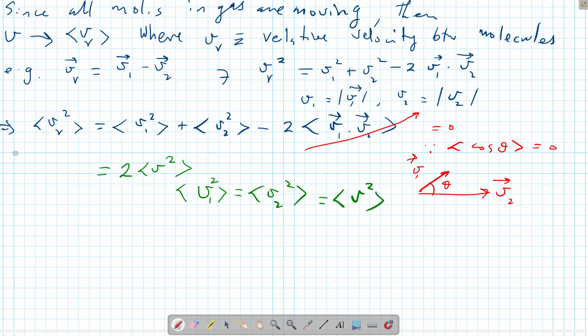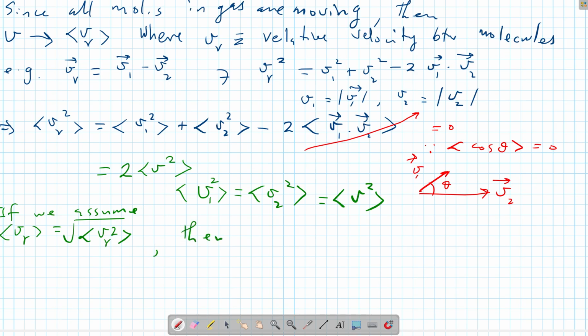Okay. And if we assume, it's not totally true, but one can do that, that the average relative velocity is equal to the square root of the average relative velocity squared. Okay, if we assume this,